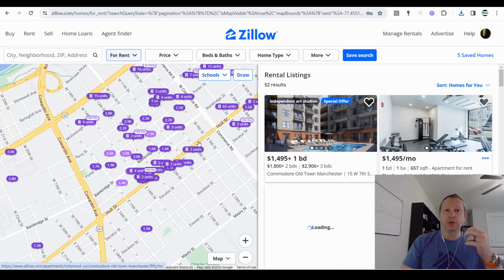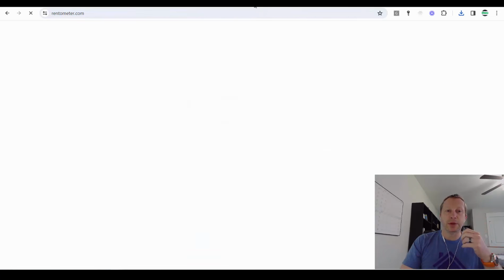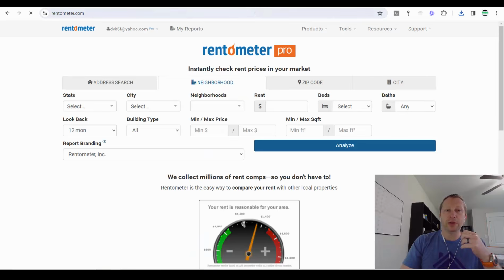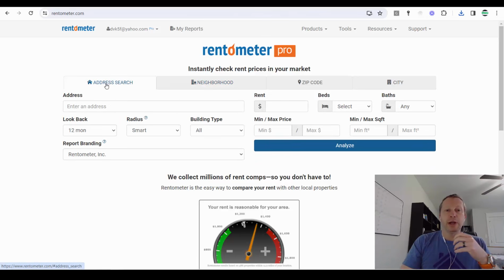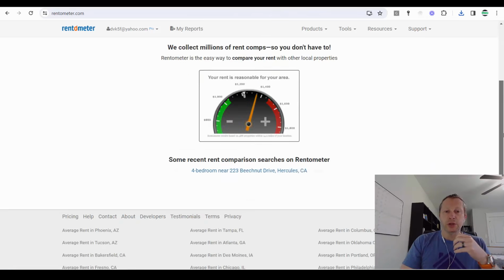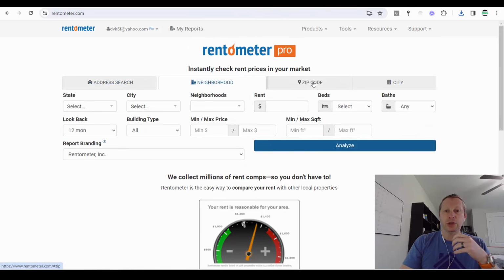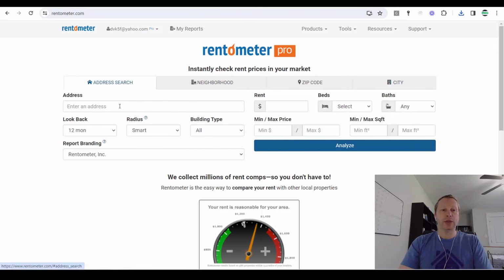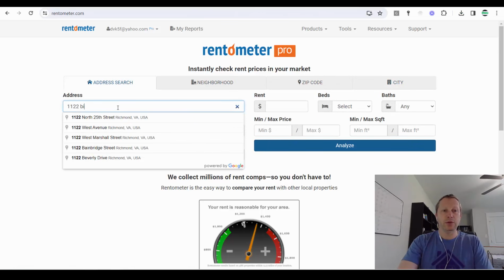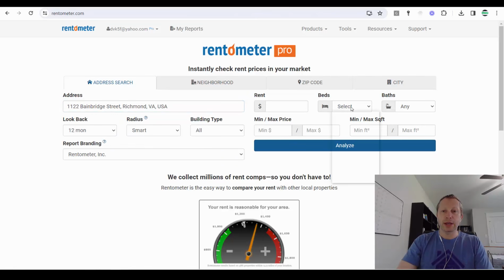So tool number 2 is Rentometer. You're probably familiar with this tool, but I'm a big fan of it. I have an account with them, and they give you multiple ways in which to look at the market. You can do address search, neighborhood search, zip code, and even look at cities. So again, I'm going to enter my address here, 1122 Bainbridge Street, Richmond, Virginia, and I'm going to select 1